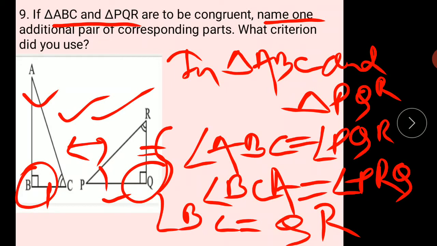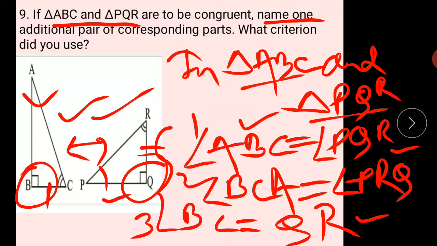in a pair of triangles, 3 steps are required. So this is the first, this is second, and this is third, right? So 3 points are required, and by which rule do you think it is fulfilled? Now you will comment to me in the comment section, okay? Because you can see this is angle, and this is side. So by which criterion is triangle ABC congruent to triangle PQR?